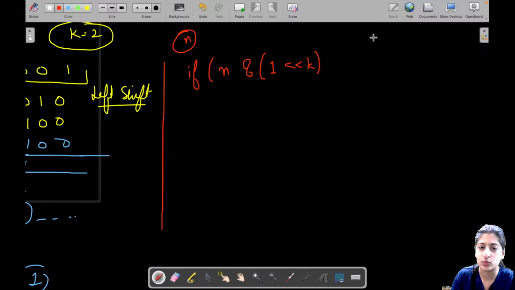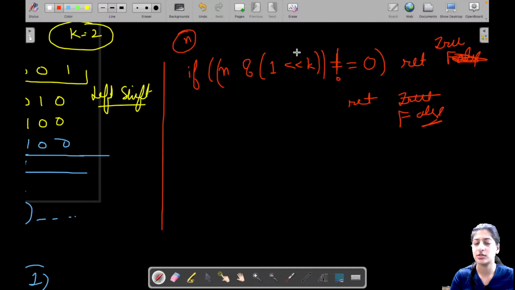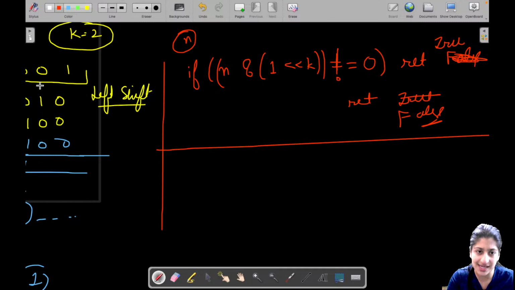If this value is equal to 0, you return false, else you return true, or vice versa. Or you can do it like this: if it is not equal to 0, return true, otherwise you return false, right? So we can do this. Second approach